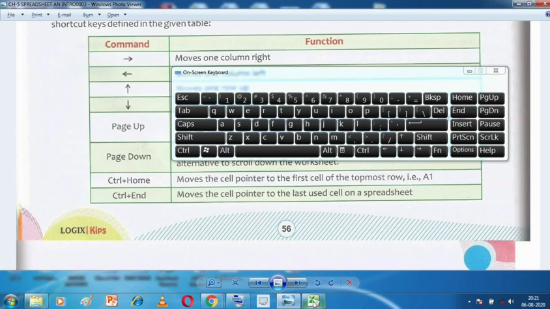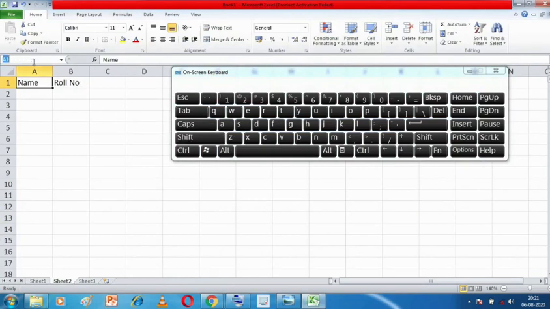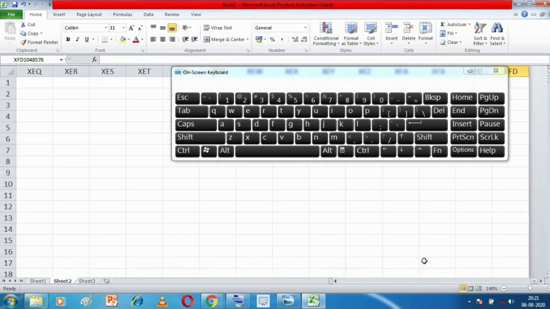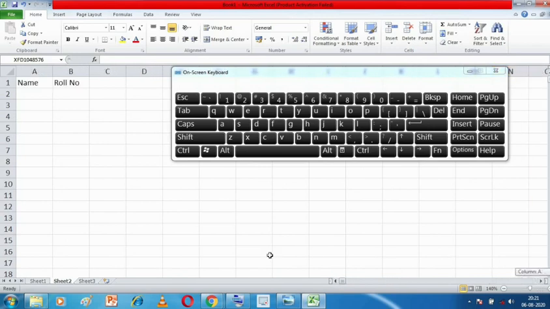As you know, our last cell is XFD1048576. This one is my last cell. But Control plus End will not take me to this last cell, it will take me to the last used cell. Which was the last used cell? I bet it was